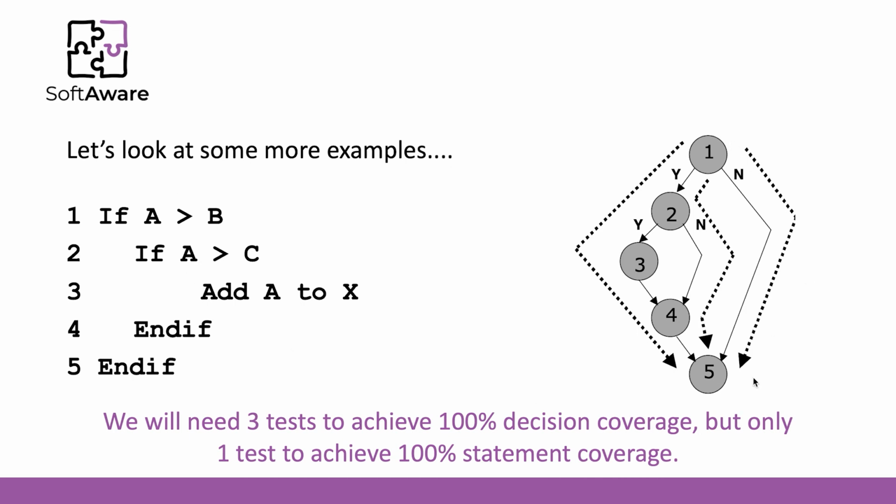To define test case number 3, I only have to ensure that the first condition is assessed as false. So A should be lower than B. A could be equal to 2 and B could be equal to